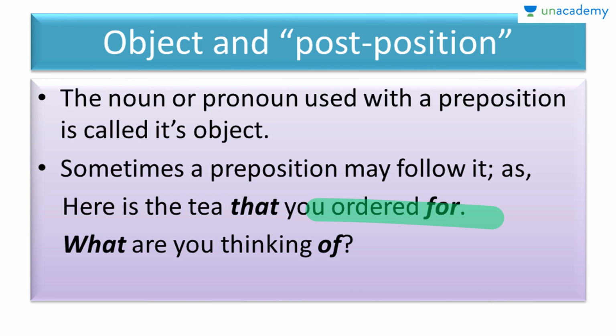So we can find that that is being succeeded by for. So for is actually placed after that. In these kinds of examples, the preposition takes a different kind of role and becomes a postposition. The second example also states the same thing: What are you thinking of? So of, being a preposition, is placed at the end of the sentence, and thus it is an exception